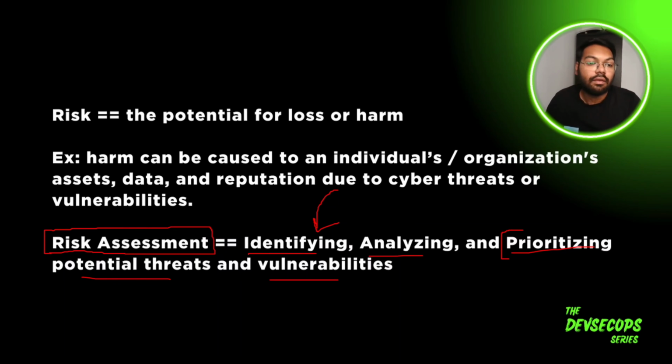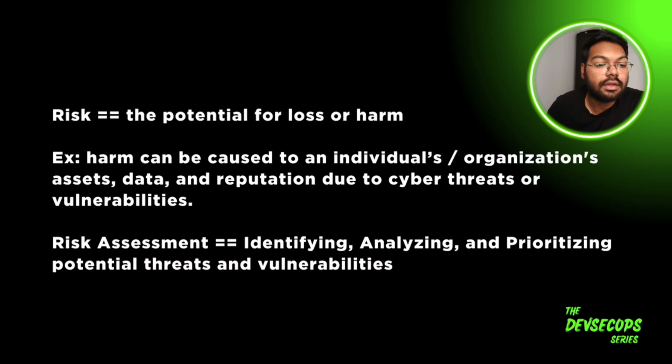And then there is something which we will be looking at in the next few slides. Once we have that data, we have assessed the risks that are present in our application and they are accepted by us, that these are outstanding risks. Now, what is the next step? That is what we will look into in another slide. So I hope you got the point. What is risk? What is risk assessment? To check what risks are there, identify and analyze them, and prioritize them based on the criticality or the danger that is posed to you.